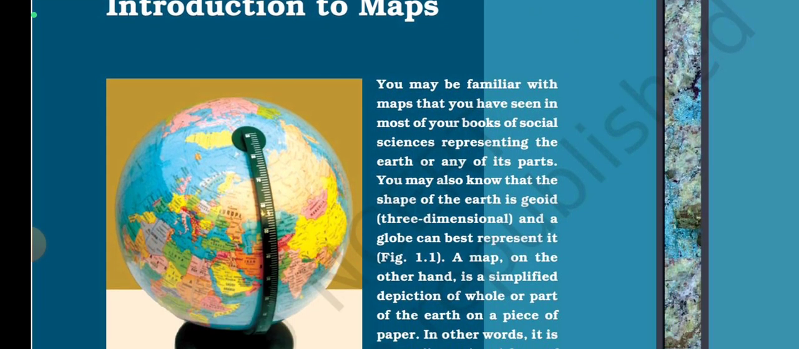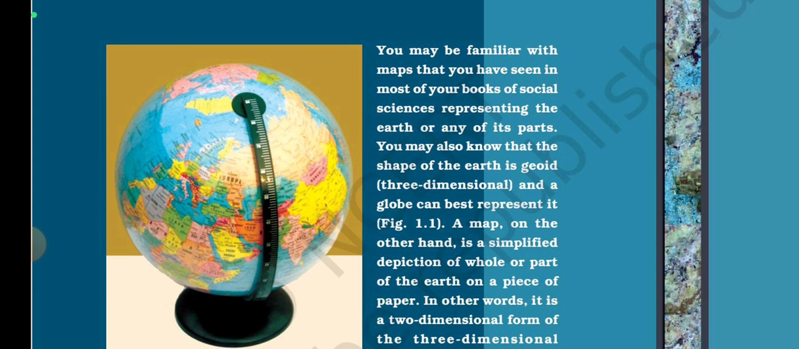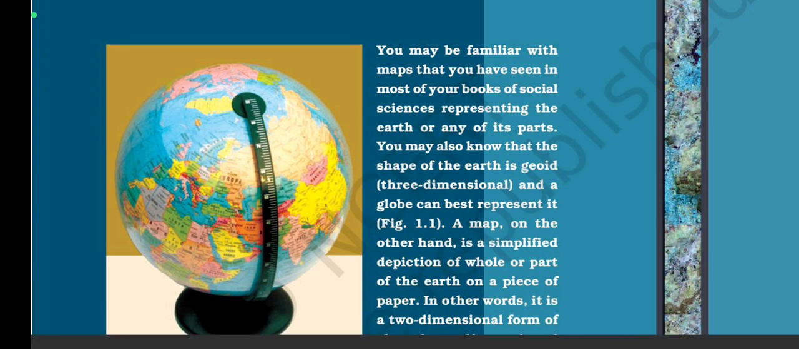You may be familiar with maps that you have seen in most of your books of social sciences representing the earth or any of its parts. You may also know that the shape of the earth is geoid, that is three-dimensional, and a globe can best represent it. Okay, so remember this line: a globe